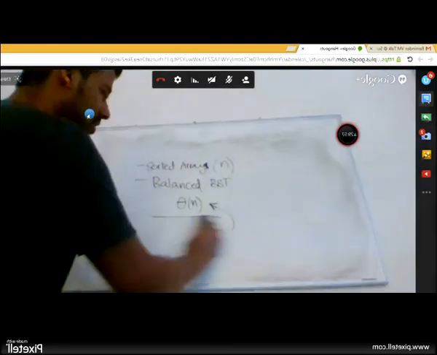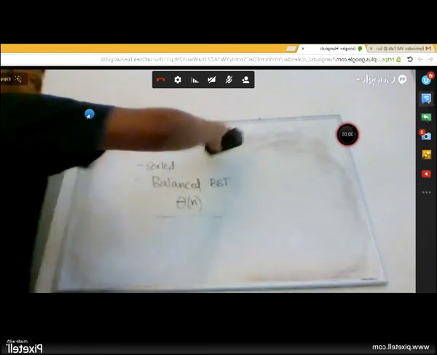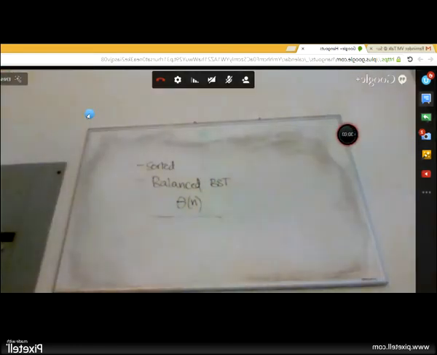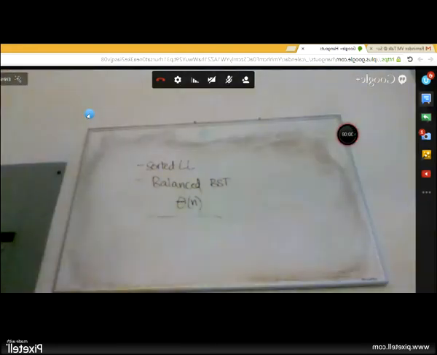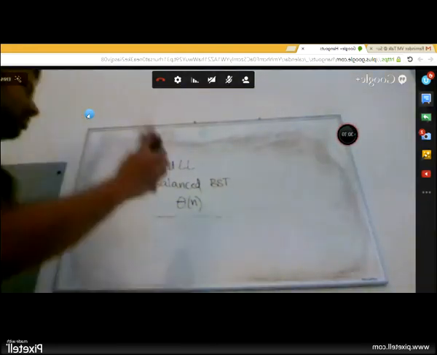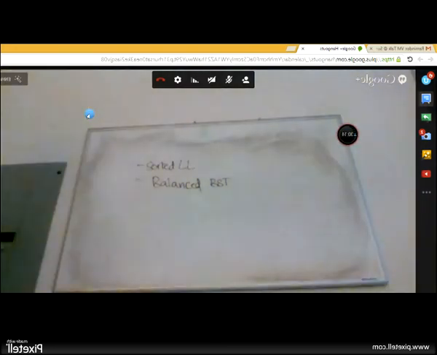So we'll change this problem, and instead of a sorted array, now you are given a sorted linked list. How would you approach this, and what would be the time complexity to build a binary search tree from here?